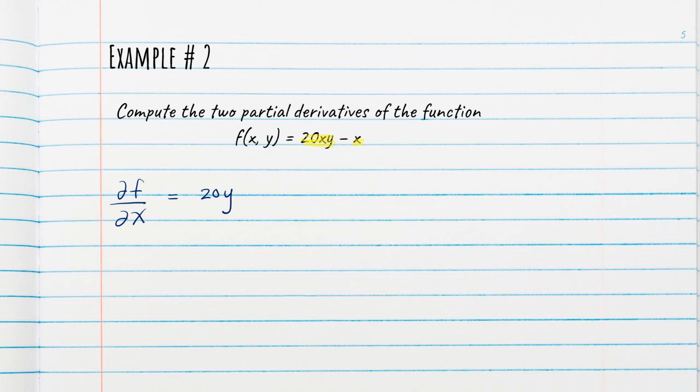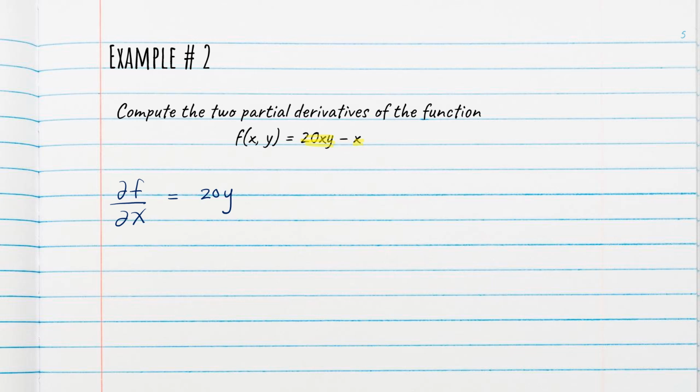And now I have to think about what is the derivative of x, right? So we really have this clump of constants, 20y multiplied by x. If you remember from your calculus classes, any constant term times x, the derivative of that is just going to be the constant. And you can prove it to yourself if you want to. You can think of x as being raised to the 1 power and take the derivative. I'm not going to do that here.